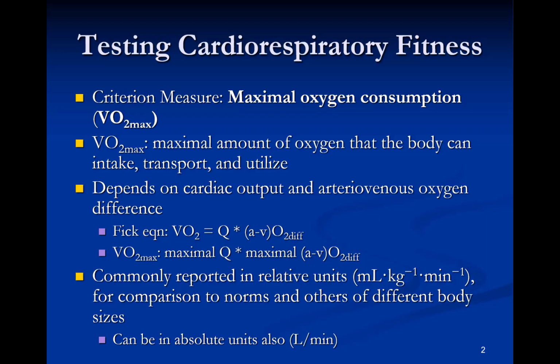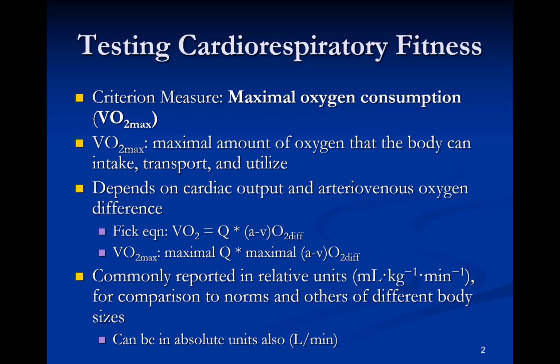So, hopefully, you remember a little bit about VO2 max from exercise physiology, but defined again, VO2 max is just the body's maximal ability to intake oxygen, transport it, and also utilize it. So it's going to depend on two major things: cardiac output, which is the amount of blood coming out of the heart, and also arteriovenous oxygen difference, or AVO2 difference, which is a measure of oxygen extraction from the blood. So the classic Fick equation is VO2 equals cardiac output times AVO2 difference. And we can just rewrite that for VO2 max and just relate it to maximal cardiac output and maximal AVO2